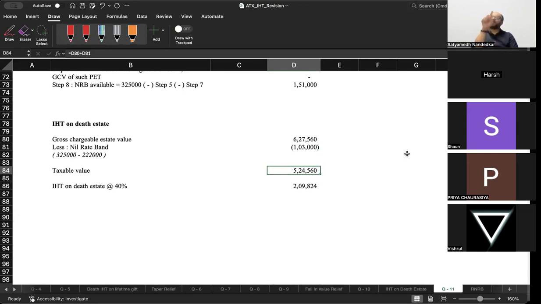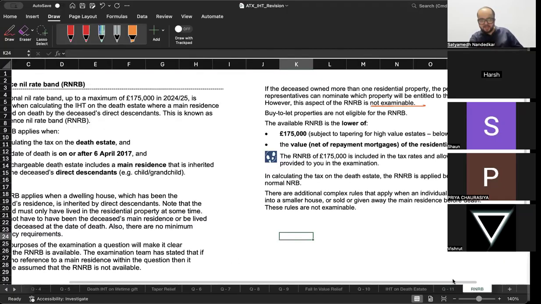So the NRB on death estate वाला calculation is a relatively fewer-step calculation, but when you are calculating IHT in case of death on lifetime gifts, वहां पे हर gift के पीछे 7 years you have to go, so that calculation requires a little more focus. And whenever you are calculating IHT on death estate, you should first calculate lifetime IHT on lifetime gifts, then you should calculate death IHT on lifetime gifts। उसके बाद जाकर ही you will be able to calculate the IHT on death estate, because this calculation requires GCV of all CLTs and PATs made in the 7 years preceding the date of death। ठीक है।